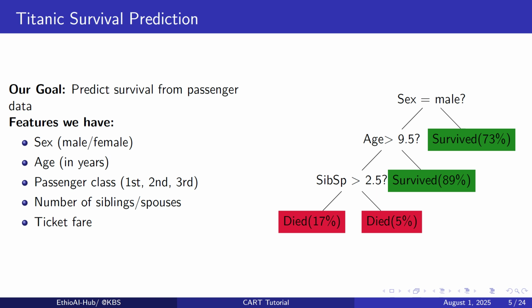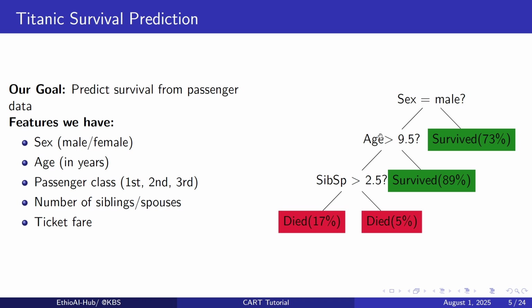So we have passenger data which constitute features of sex, age, passenger class, number of siblings, ticket fare. So sex can be male and female. This is a categorical variable, and not Boolean. Boolean is for true and false, right? Age in years ይሄ numerical variable ነው. Passenger class is categorical and number of siblings is a number, and ticket fare. ስለዚህ our prediction መጀመሪያ መሰረት የሚያደርገው